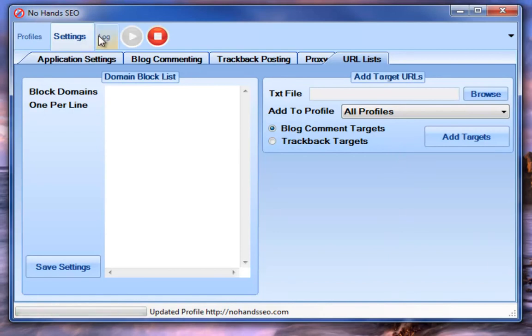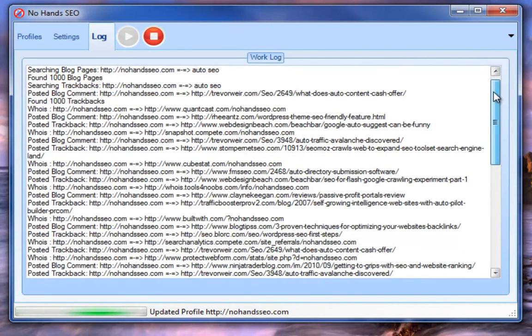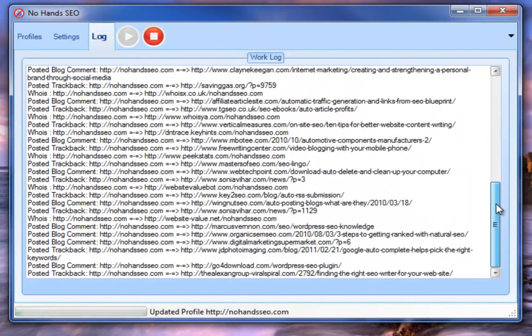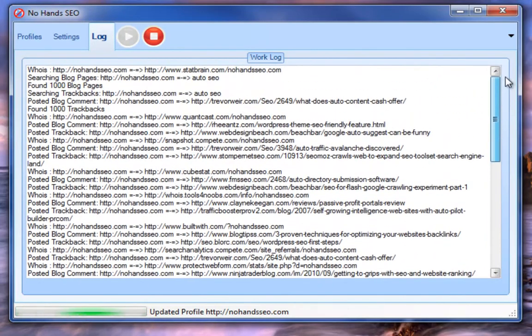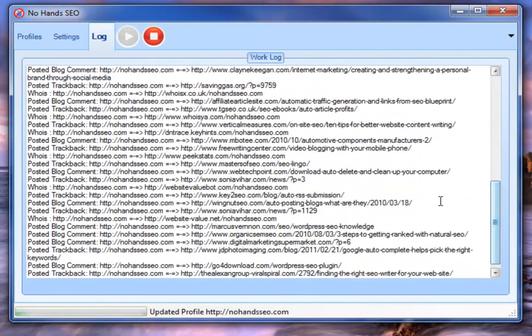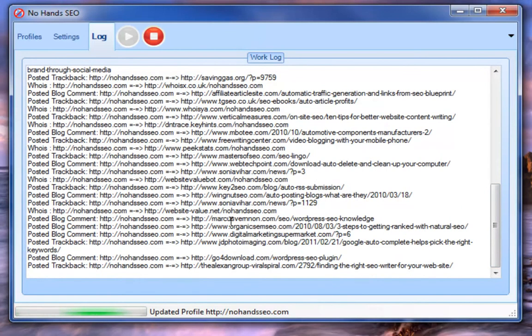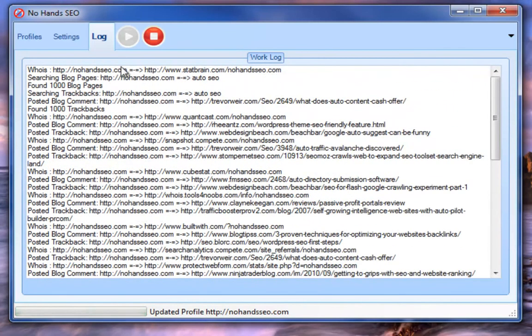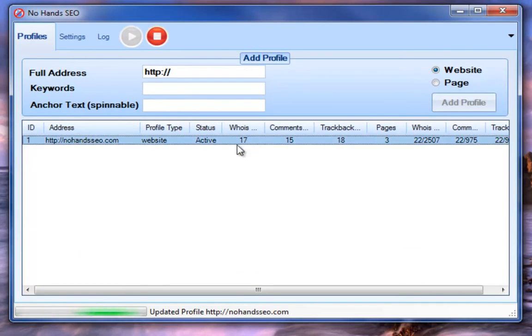I'm going to go back to the log quickly and show you. You can see there is, just in the few minutes that I've been talking to you about the tool and how to set it up, it's been going off and making all these links for you. And if we go to the profiles, you'll see it's already got 17 successful Who Is submission pages, 15 successful comments posted, and 18 successful